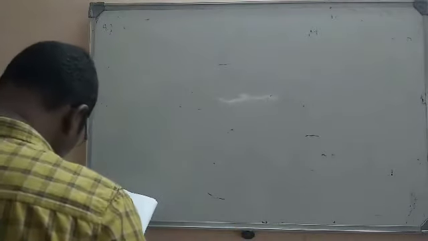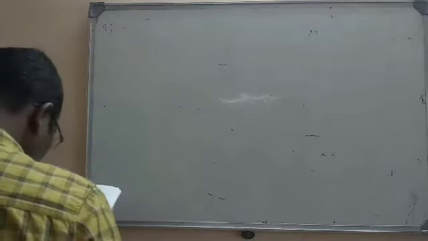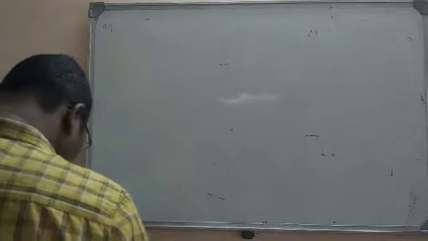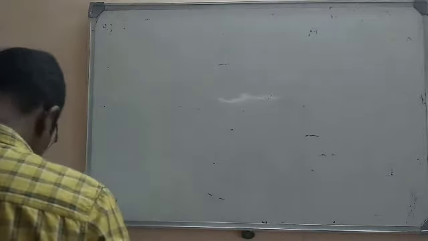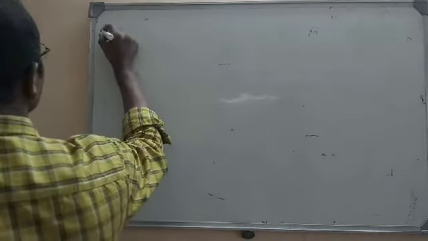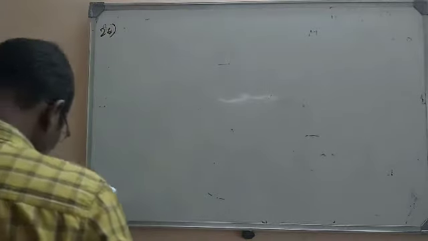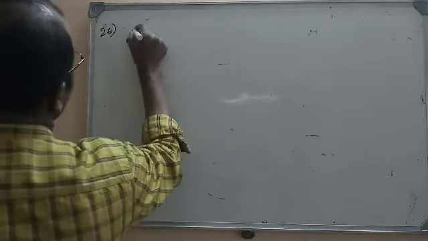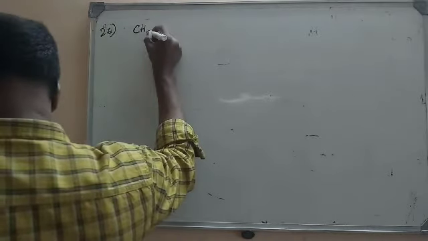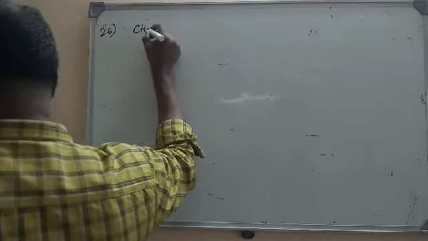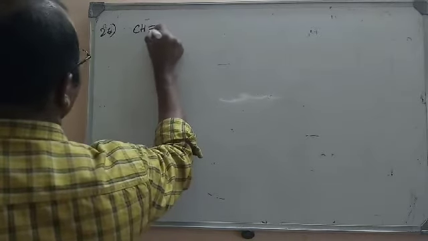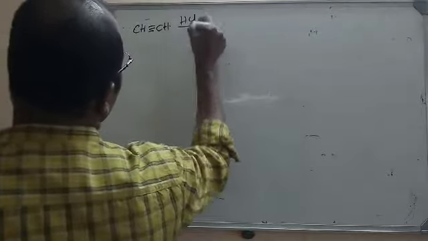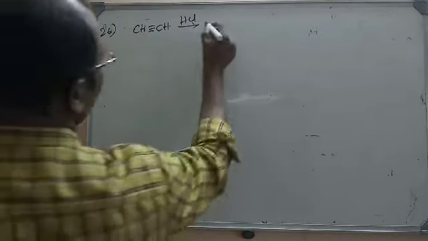I am moving to question number 26. Which of the following products is produced when acetylene reacts with HCl? So once again I will read the question. Which of the following is produced when acetylene reacts with HCl? So here certain products are given. Excess of HCl is given here. This is acetylene and treating with HCl. What is going to be produced here?